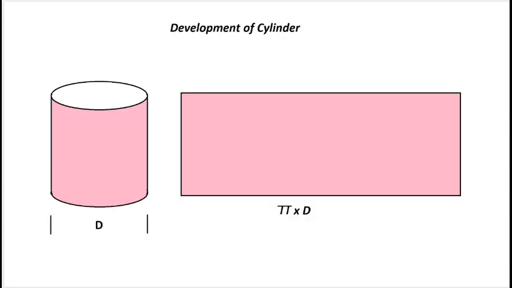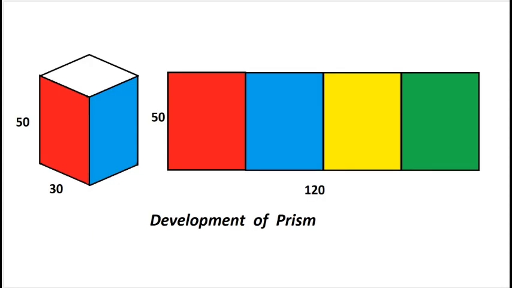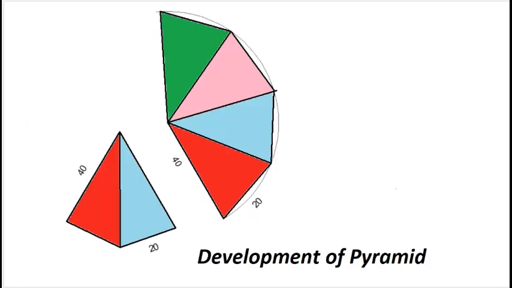So after the development of cylinder and prism, now let us discuss something about development of a pyramid. So here you can see one pyramid. This pyramid is a square pyramid. If this is a pyramid, it will have the lateral surfaces as triangles. Okay, so here these four faces are there. Two are seen from this side and two are from behind.